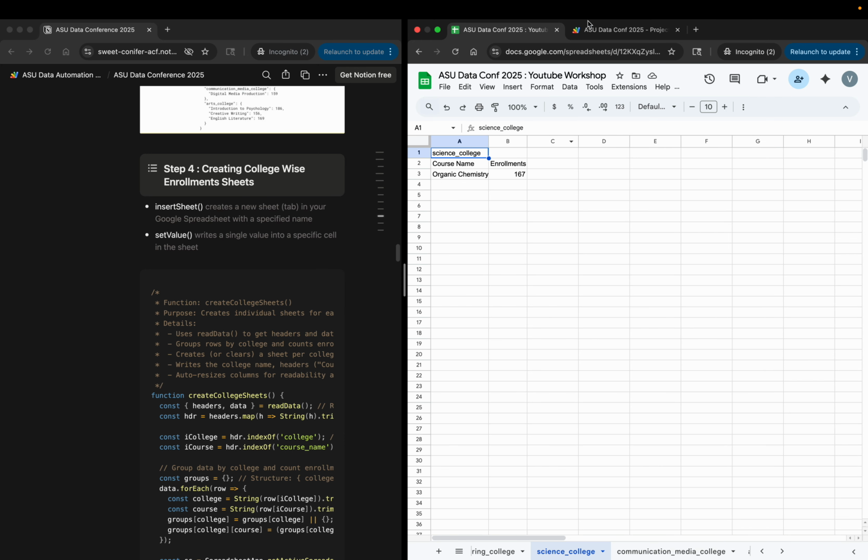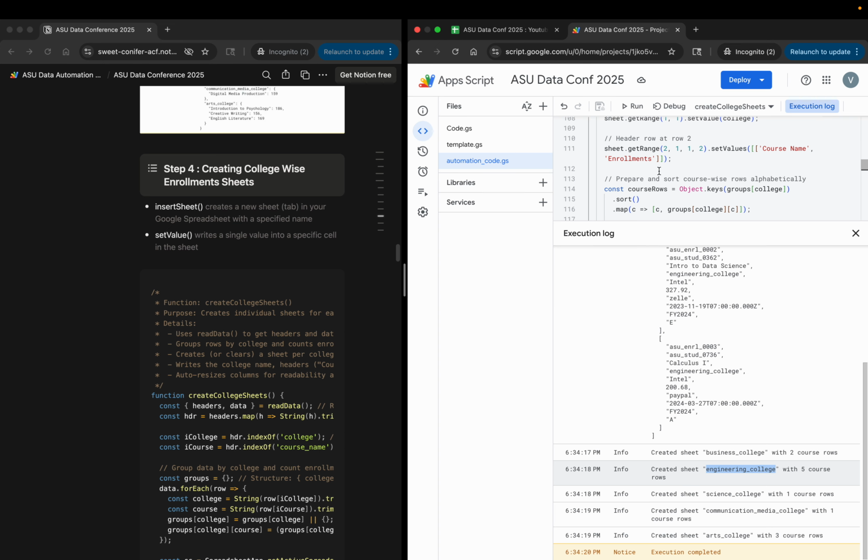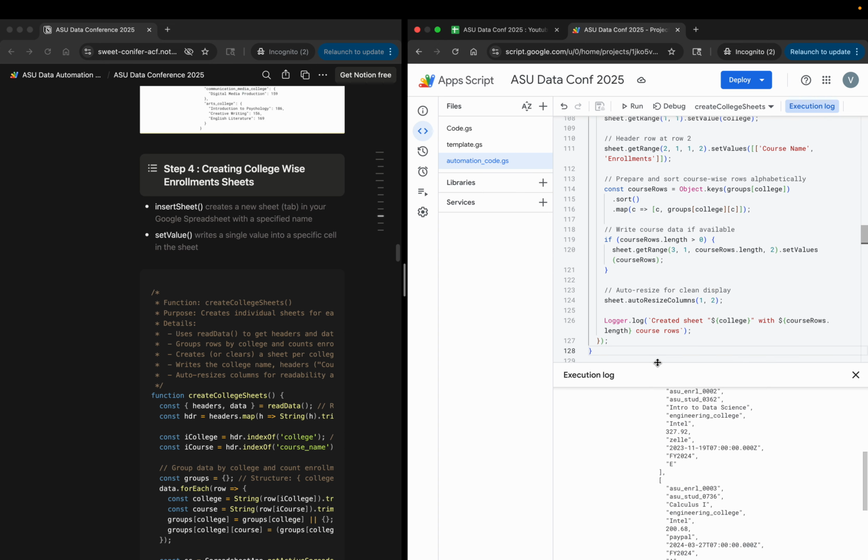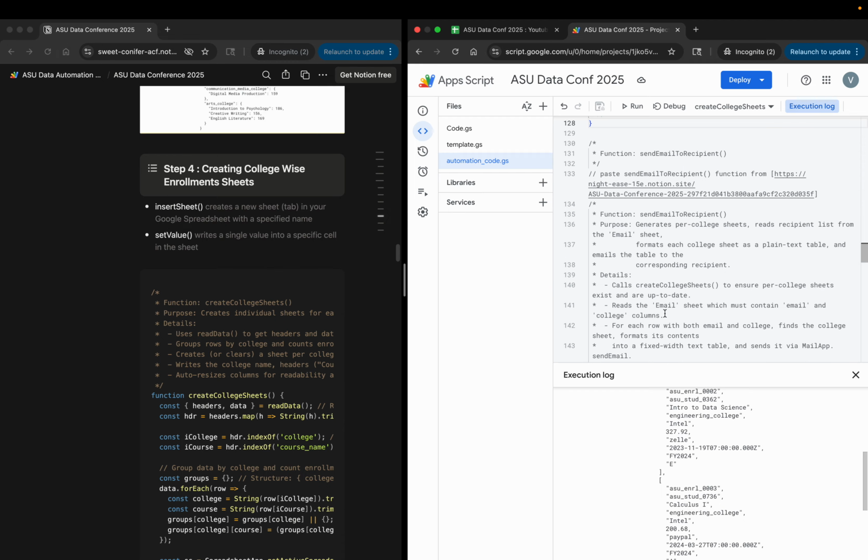So this is how create college sheet function is working. Lastly, we will move towards send email to recipient function. Now, as we are planning to make this workflow end to end, we are almost 70% done. We fetched the data, we formatted it, we created different tabs for each college, and now we want this data